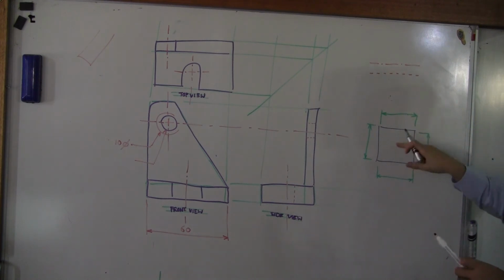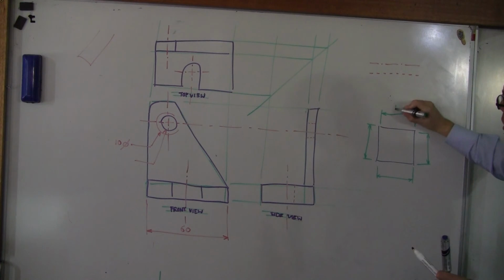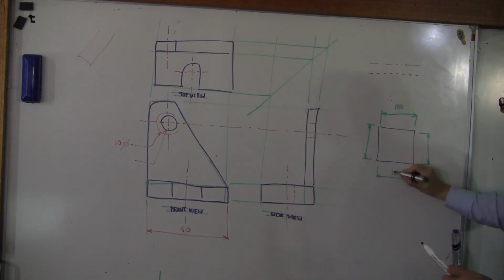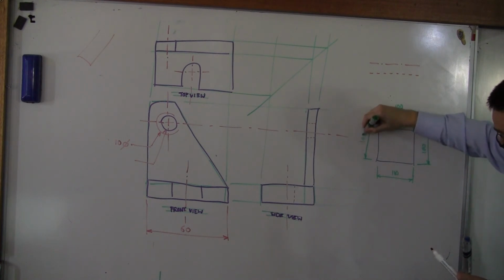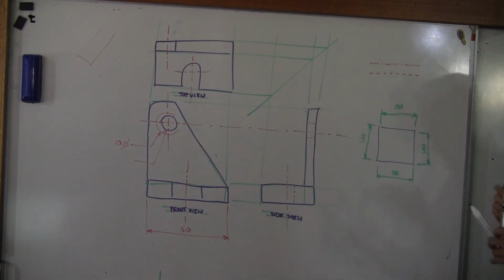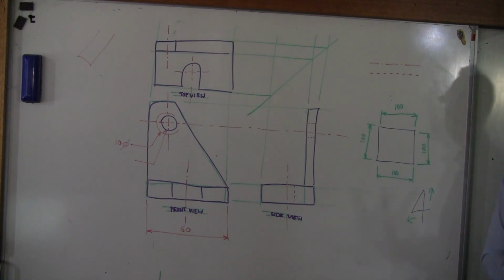Okay, I wish I'd done these differently because this green texture happens to be thicker. But let's say it's 100 by 100, so I write 100. I always write my numbers above and to the left, like Beyonce. How I remember it is I draw it like the number 4, and the number 4 is pointing in two directions, up and to the left. If that helps you, that helps you. You can remember the Beyonce method, but that's how you do your dimensioning when you label your dimensions. Okay, so that is